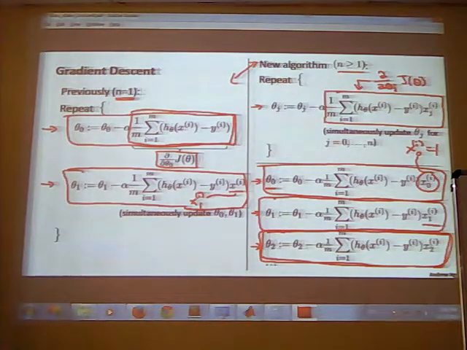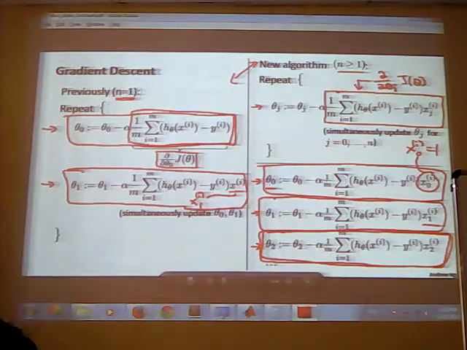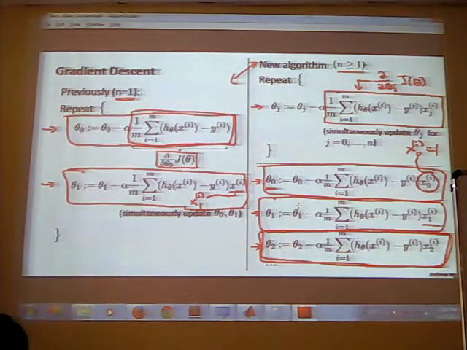Say for theta 0 we are updating this, and we have considered x0 as 1. So if we put x0 as 1 over here, this equation will be equal to this equation. So our theta 0 update is the same whether we have only one feature or multiple features. And for theta 1 we will have x1 multiplied over here. So we will have as many parameters to be updated simultaneously.